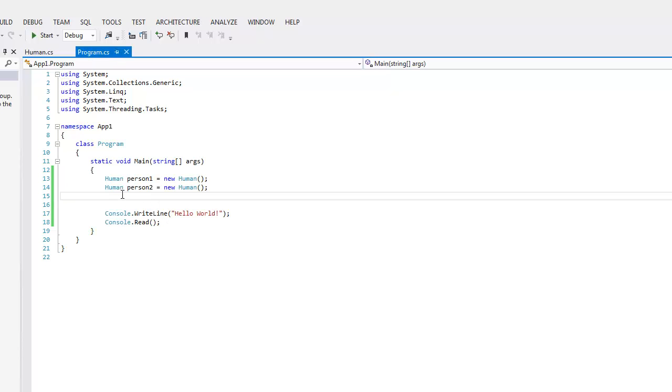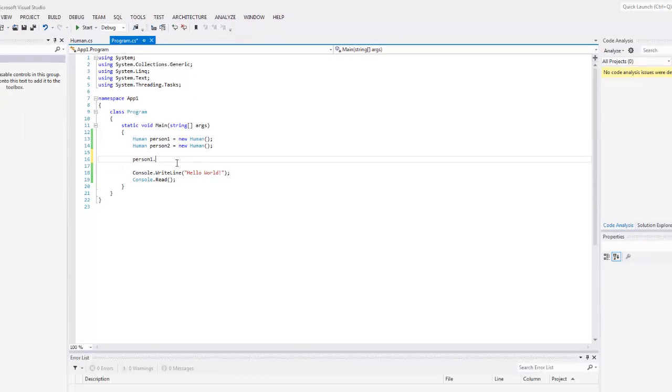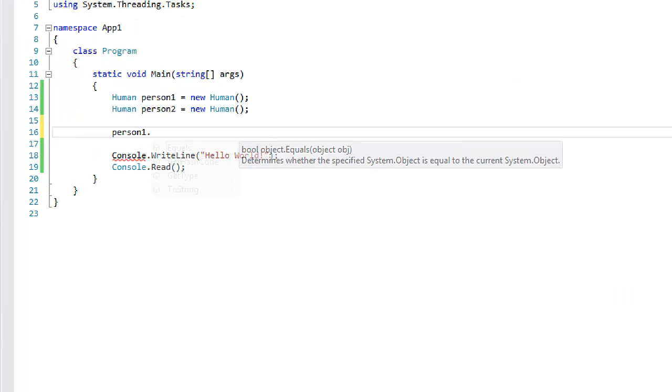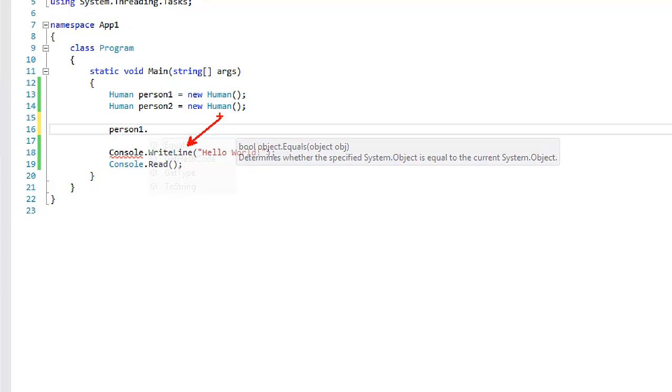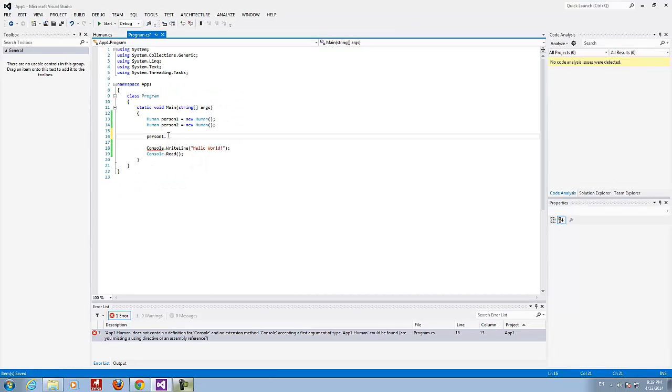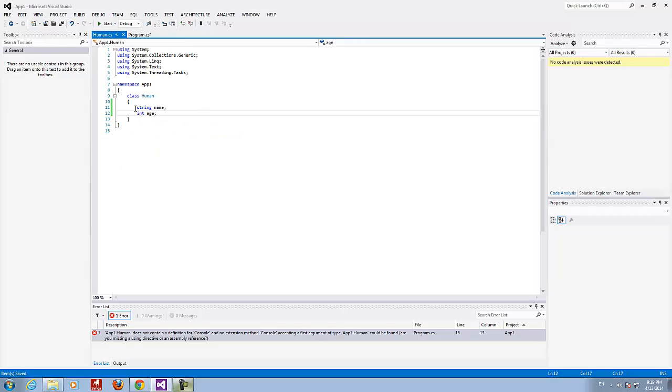Okay, let's try to assign values. Person1, oops, what's going on here? Look, if you look, you'll see that there are no such properties. We cannot access these fields. We cannot assign the properties. It's exactly like in the real world. The person doesn't allow anybody to change its name or its age.